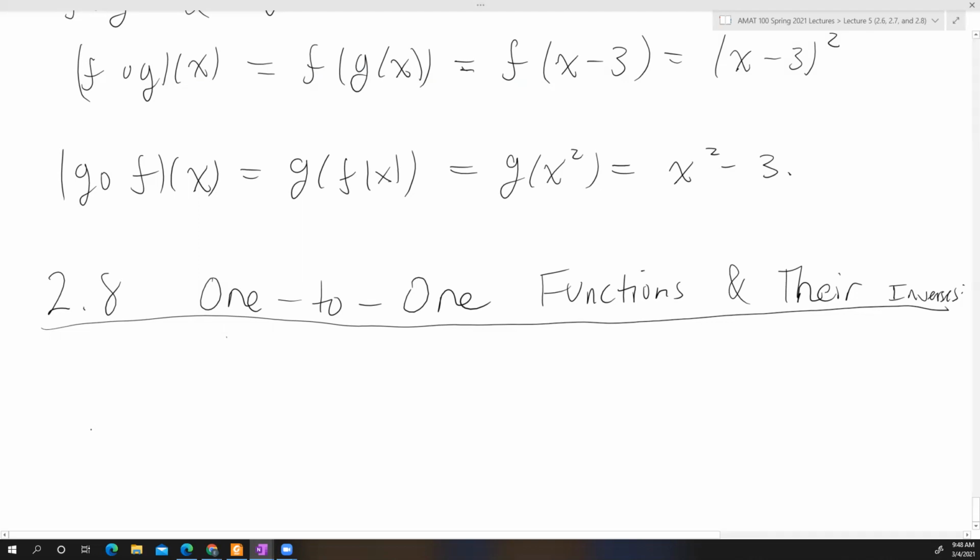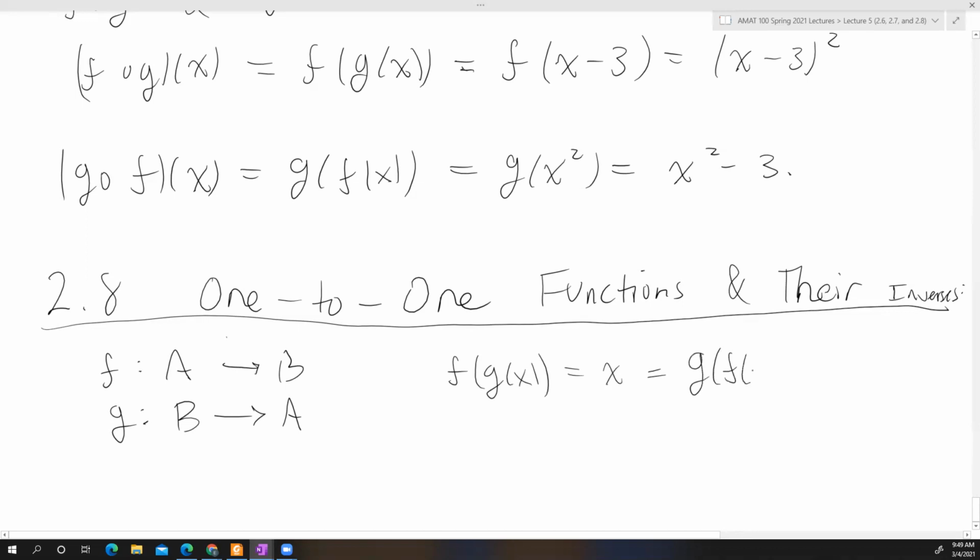So if you have a function f from A to B, and you have a function g from B to A, then g is an inverse, and it'll turn out that there's only one inverse if it exists. So g is an inverse of f if they undo each other